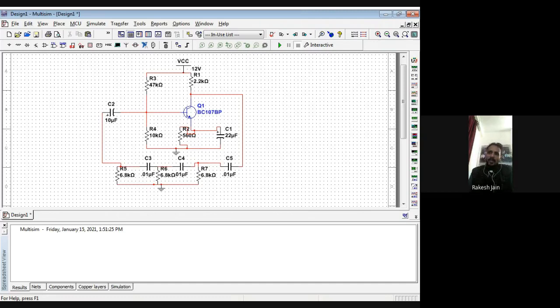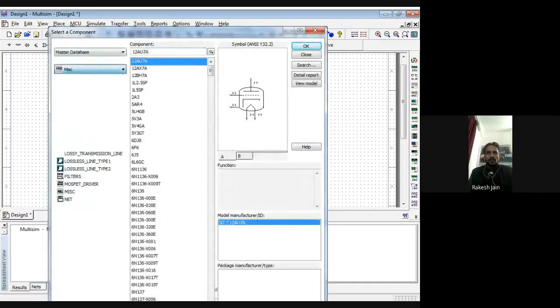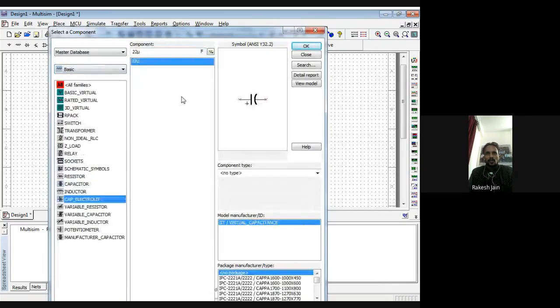For taking the output, we use a 3.3 microfarad capacitor along with a 100 kilo ohm resistor. The 3.3 microfarad capacitor is an electrolytic capacitor. So go to MISC, then basic, then electrolytic capacitor, 3.3 microfarad.